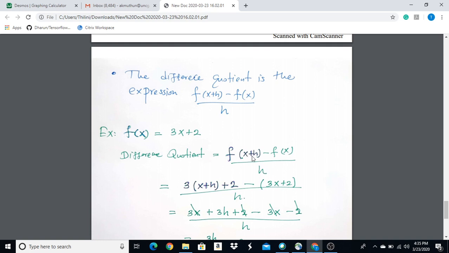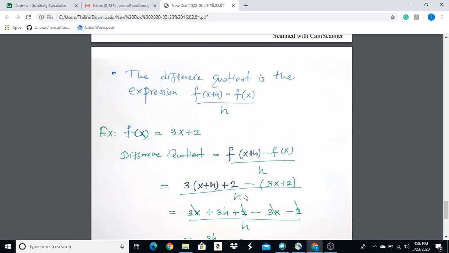So now I'm plugging x plus h into my function f. We need to be careful here. It's not just x, it is x plus h. So every x in this function should be replaced by x plus h. Here I'm taking 3 times x plus h, because I'm plugging in x plus h instead of x, plus 2, minus, here it is just f of x, the same function, 3x plus 2,